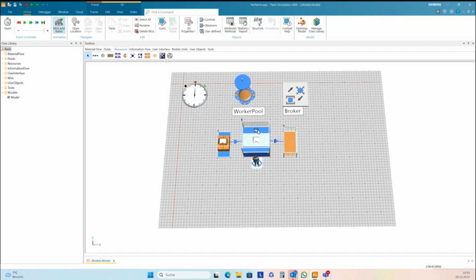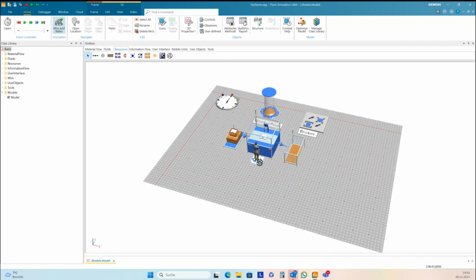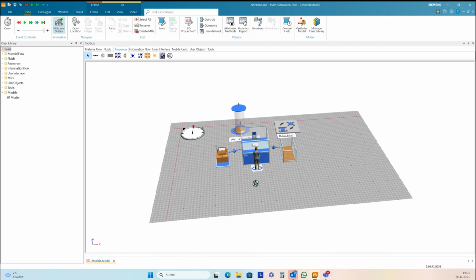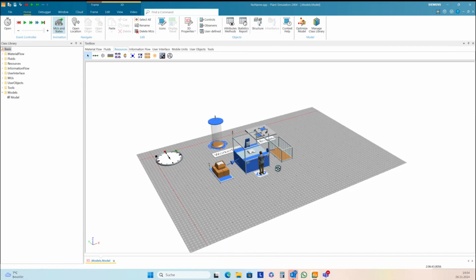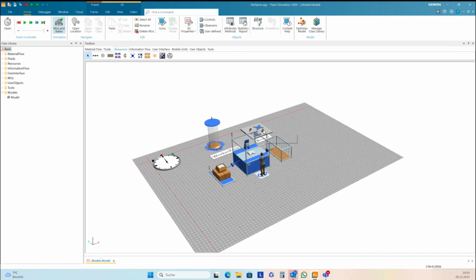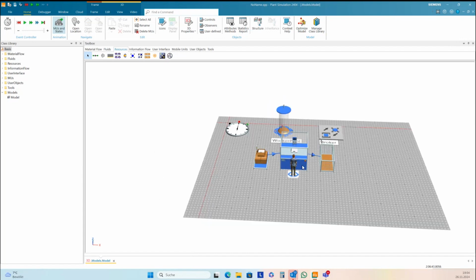It runs only until the first failure occurs. Our worker now has a problem, because if there is a failure, Plant Simulation only holds the service of this worker, and so the broker cannot mediate this worker again for the failure that happens here, and so our simulation will stop. To make it run, we need to do 2 steps.